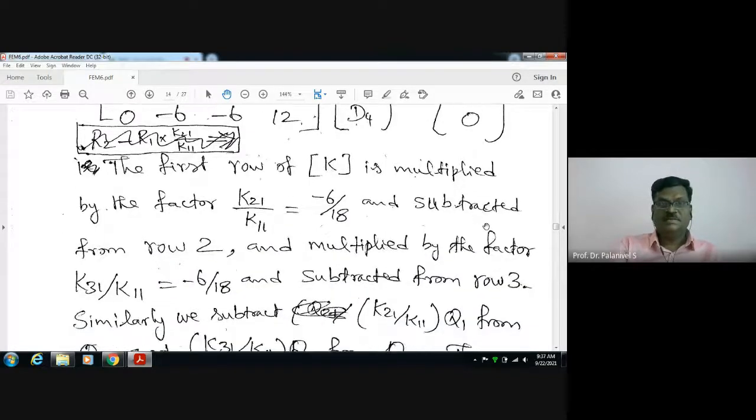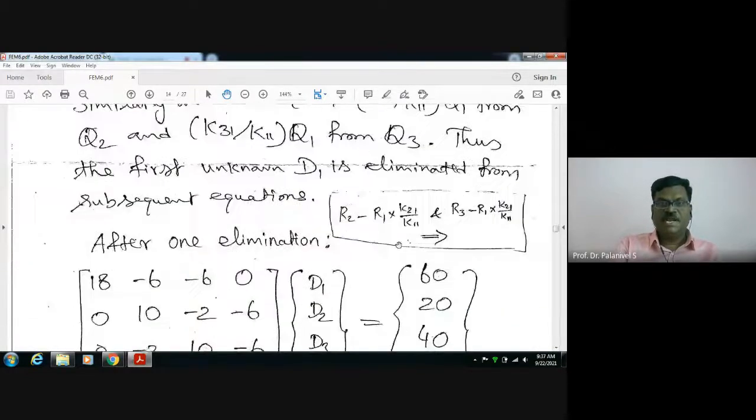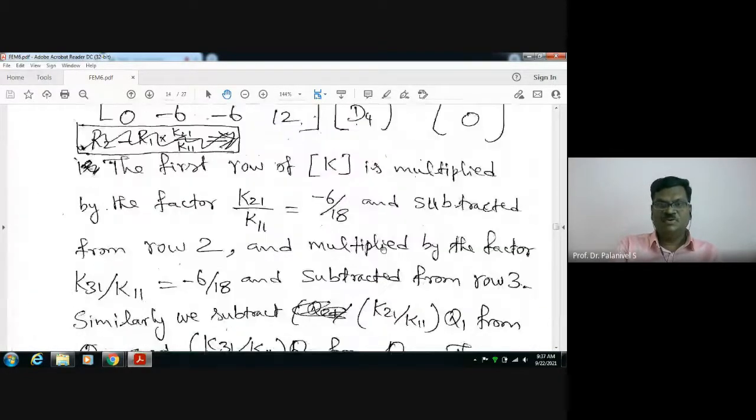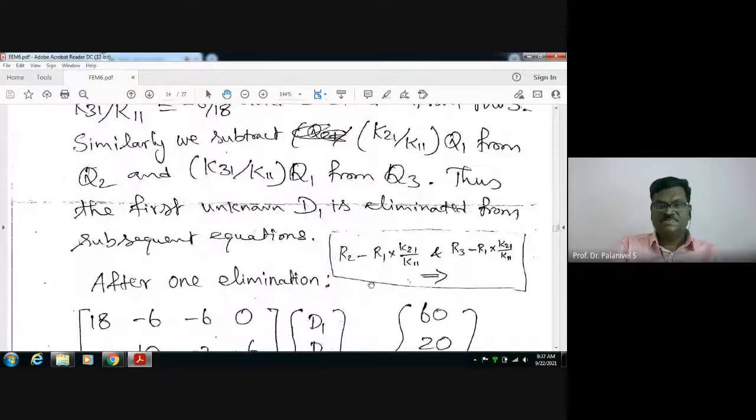This is called the first elimination. You can write first elimination here, which I have not written. It is nicely explained here, whatever I told you. It can be written in this notation form. During the exam, you need not explain like this or write like this. It will be time consuming if you try to explain. Only this much is sufficient.